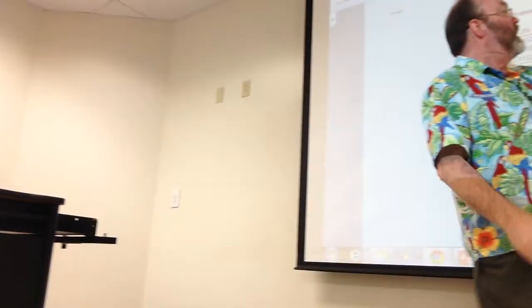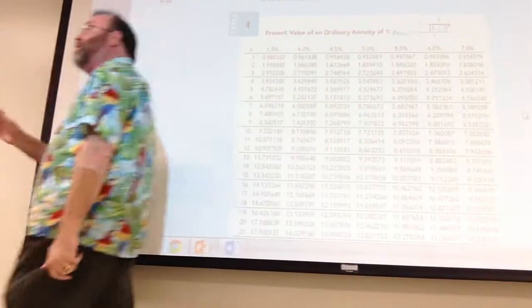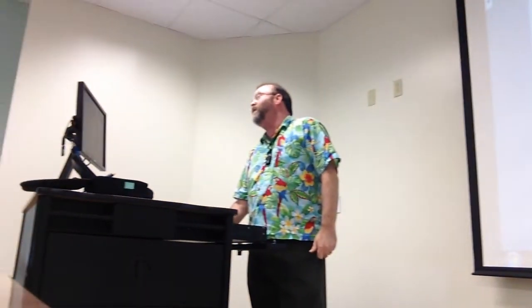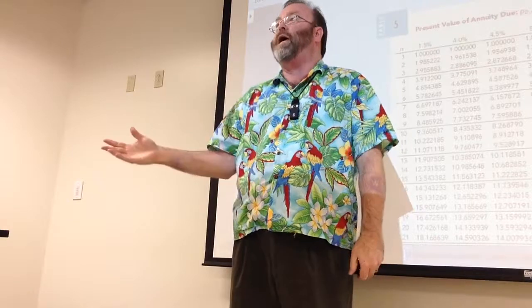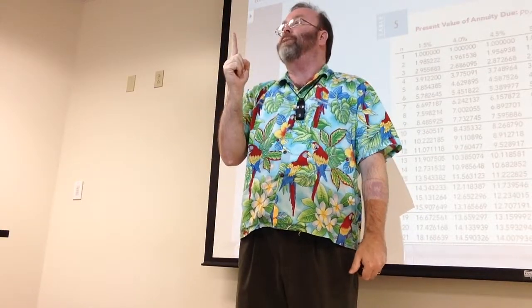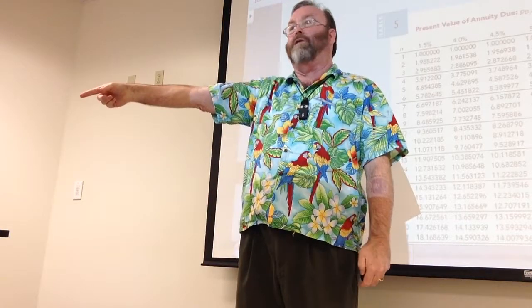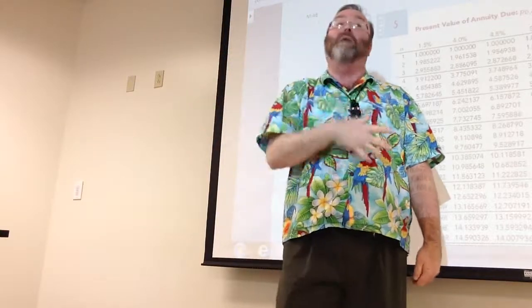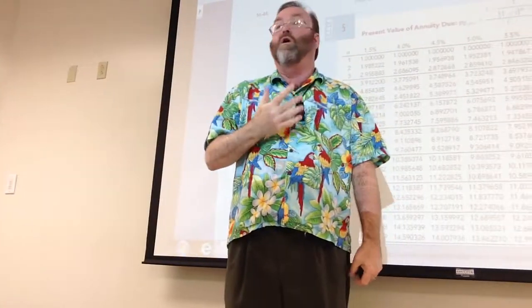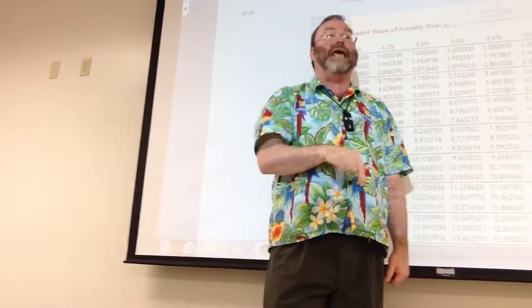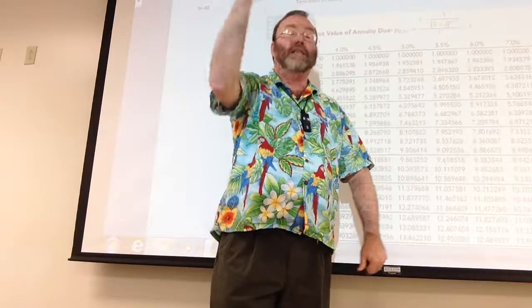Remember this factor, 0.943396. The only thing is table 5 is an annuity due. An annuity is a series of the same dollar amount over a period of time, only the first payment is being received today, not one period from now. So in other words, if you buy a piece of machinery and you're going to pay $10,000 over 12 payments for $120,000, but you're making the first one today, you're putting $10,000 down.